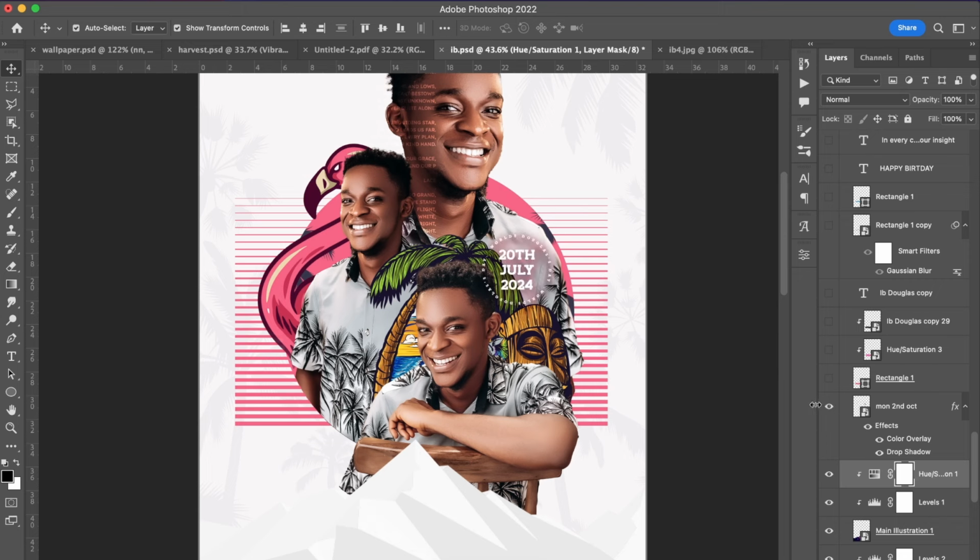So I got to add this date. This is more like a text around the circle. There are so many tutorials on that online, on how to get a text around a circle. Then I have 20th of July